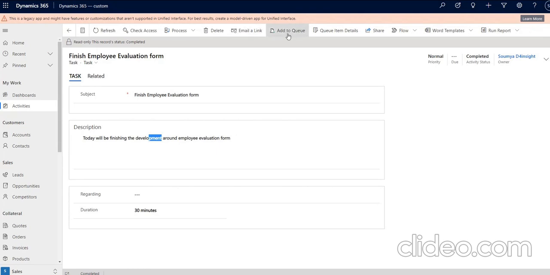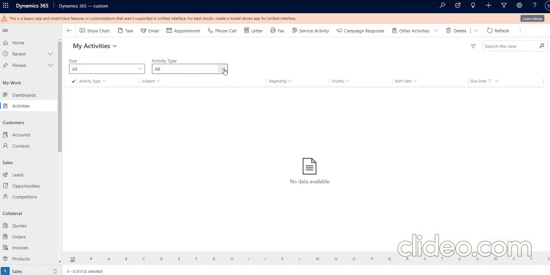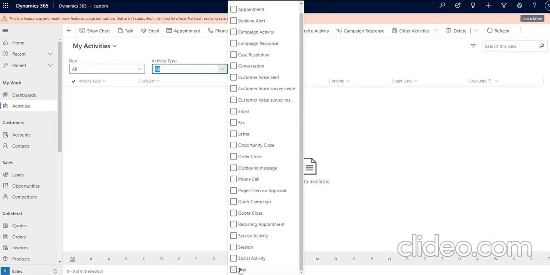I cannot do any other operation. I do not see the cancel button or something else, because the form state has been changed, that's why buttons are also getting hidden or disabled. That's the reason. So if I jump onto another open activity, let me show it to you. So if I just open task,